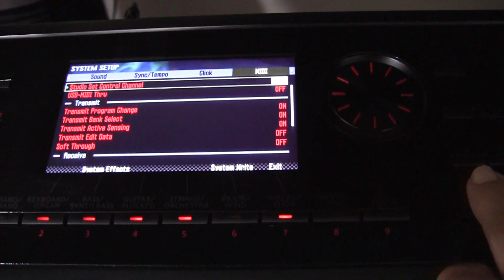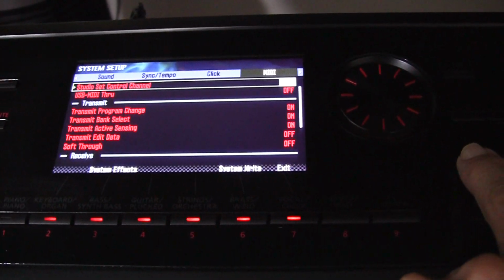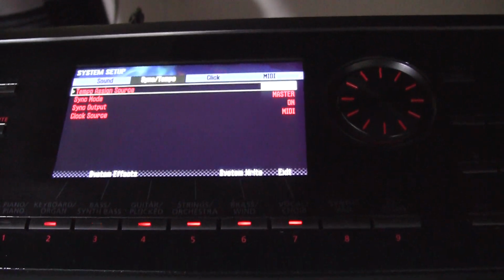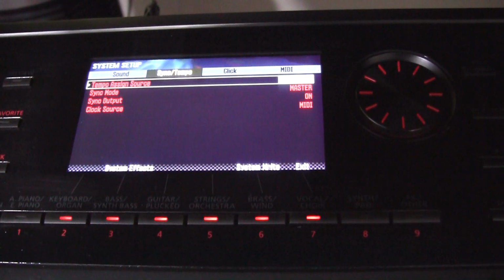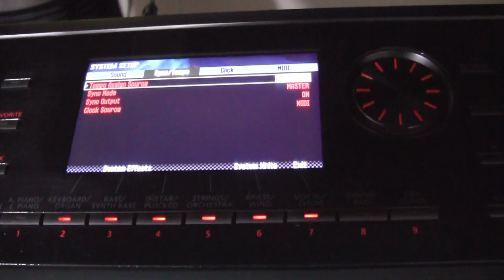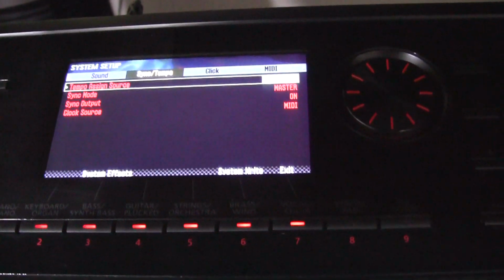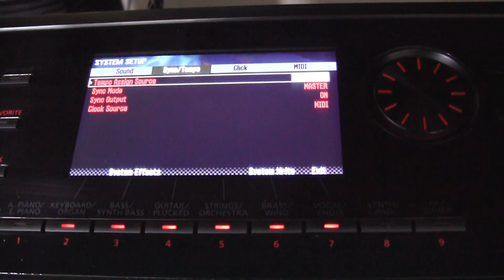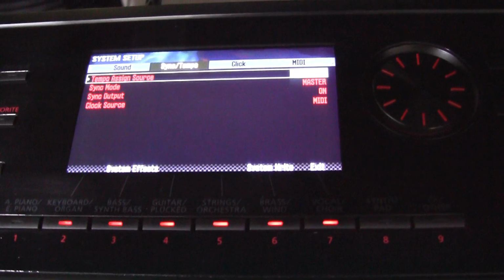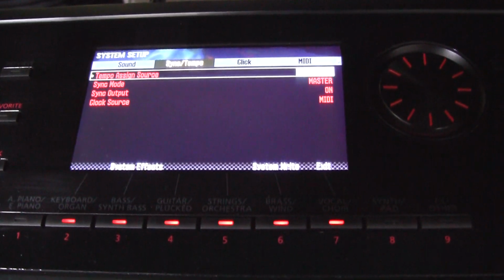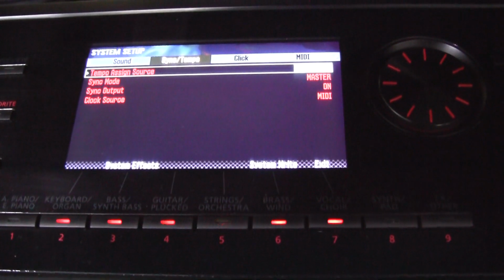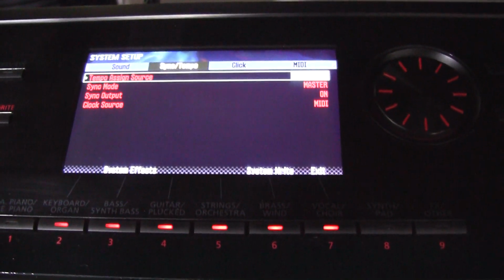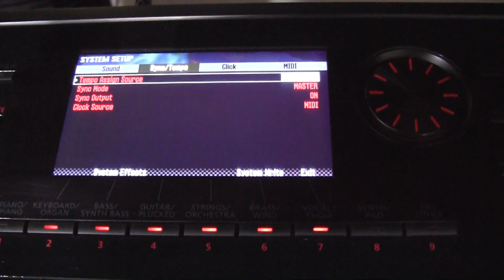Then the next thing that we want to do, the most important thing, because this is not the default, is to go to the sync tempo tab of the system setup and make sure that you have sync output on. When you turn on the sync output of your sequencer, it makes sure that it sends the start, stop, continue, and song position pointer. So that's all you need to do on whatever source you're using to drive your Alesis